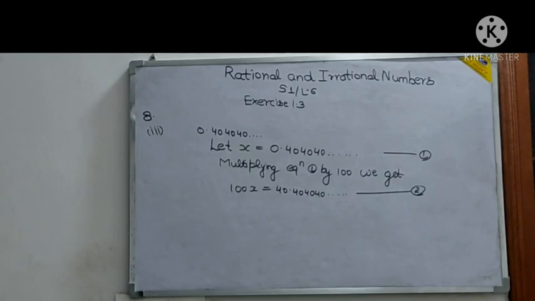This is one type of question, and see, it is not saying directly that express as a rational number. It is saying express in the form of p by q, where q is not equal to 0 and p and q are integers. Other details you can skip.